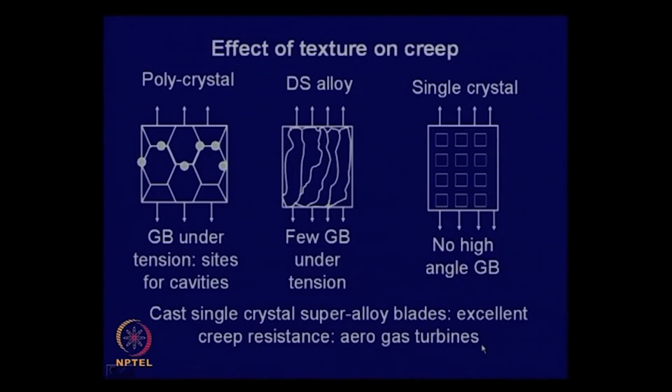In fact, it is quite interesting. Let us look at the effect of texture on creep. Nickel based superalloys are very effective high temperature materials, and the initial superalloys were polycrystalline. In polycrystalline materials, failure takes place through cavitation, and the grain boundaries are the sites where cavitation takes place, particularly the grain boundaries where the load is tensile. This is the tensile load. So, these are the grain boundaries where cavitation takes place,